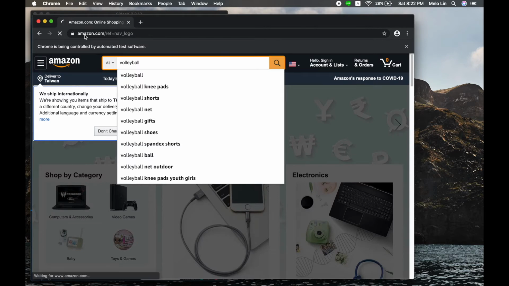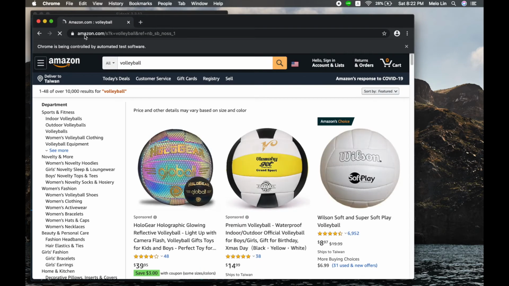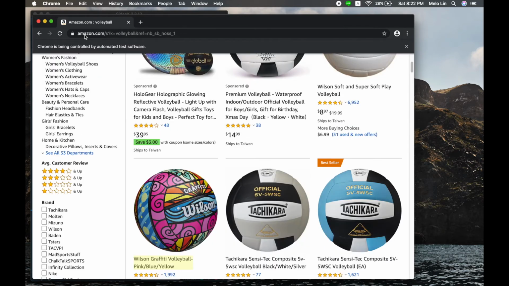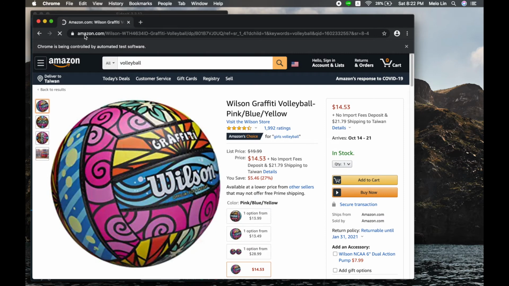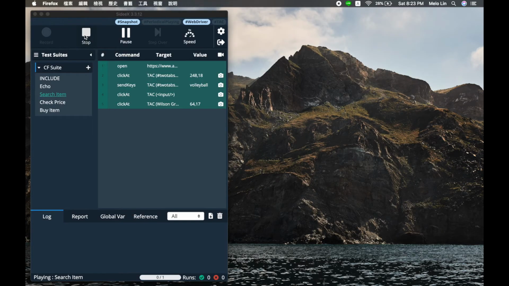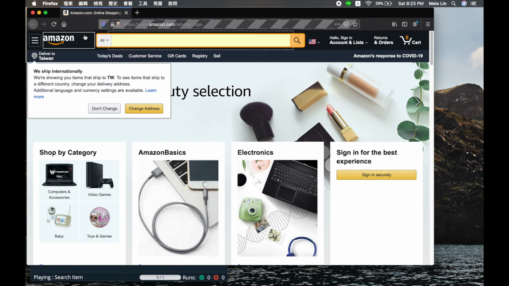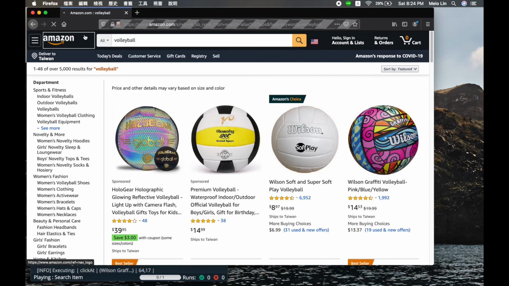The first browser to show up is Chrome, since Chrome was the first browser in the list of my web drivers in the CDEX settings. The case that is being executed is the test case about searching an item on Amazon. The same test case will be executed in other browsers, so you can see that the website is functional on all browsers. Now you can see that the test case on the Chrome browser has finished successfully, so the window has closed and the next browser, Firefox, has appeared.